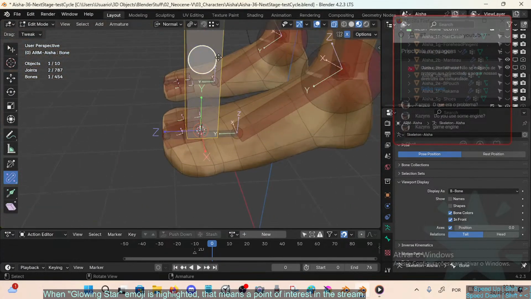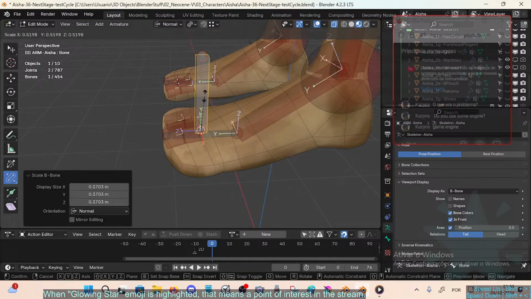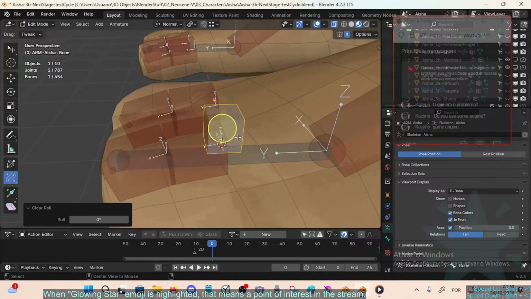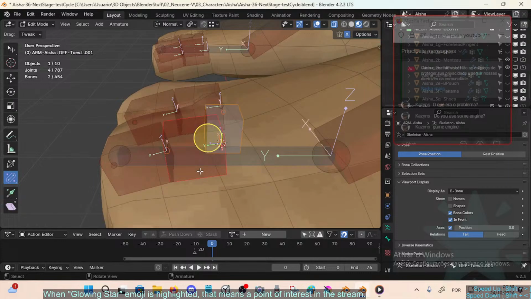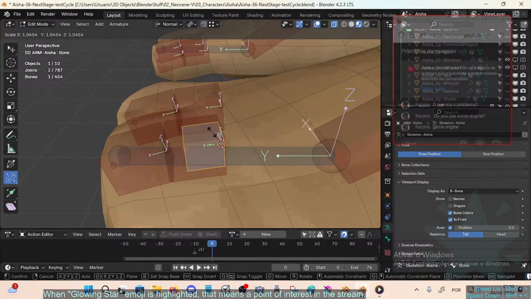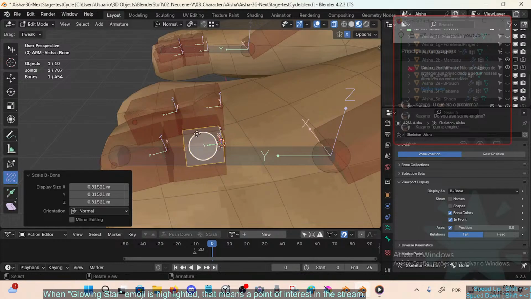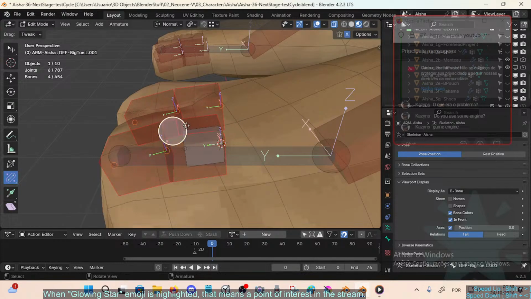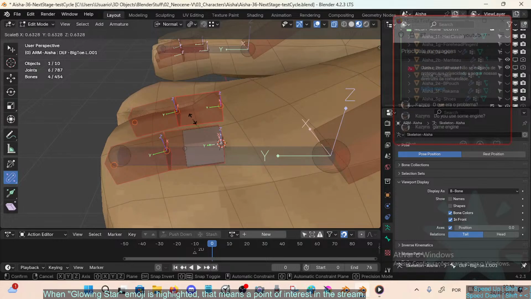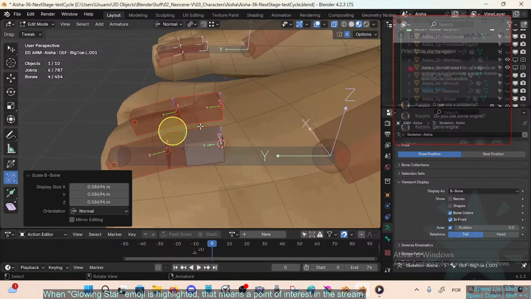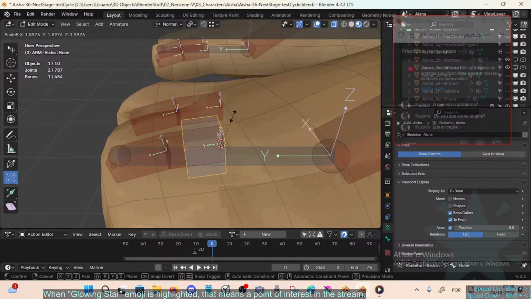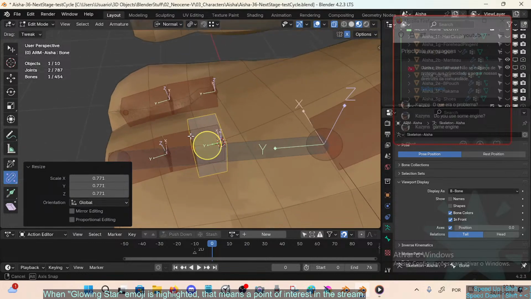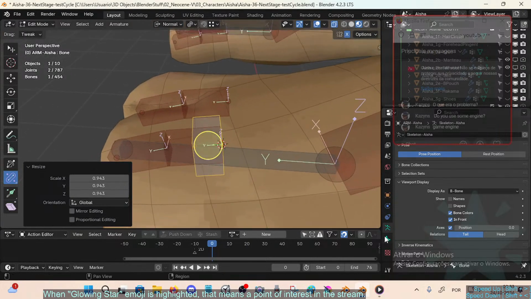Let's make it smaller, align it here, then actually these toe bones, they can be smaller, then this can be like that, and this will be